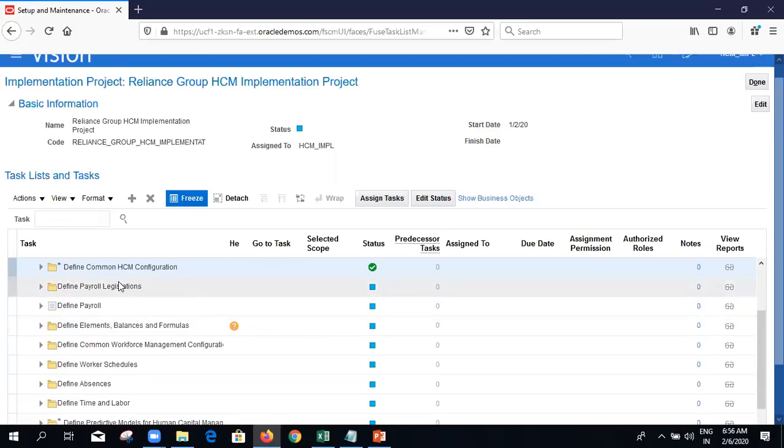Once the setup is completed, the system will not automatically take it up as complete status. I have to come, edit the status, and complete. At a high level, to track what setups are done, what setups are yet to complete, and who is responsible for this, usually this functionality will work, but it's a negligible concept in real time because the project manager won't rely upon these things.